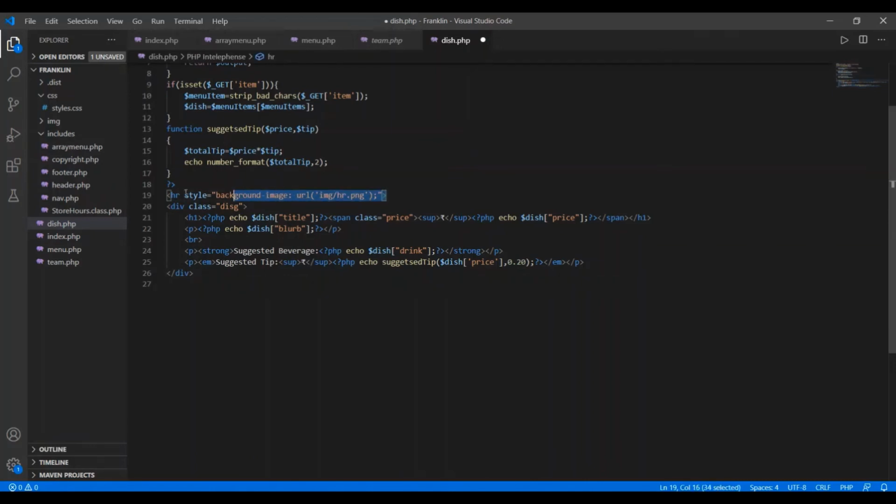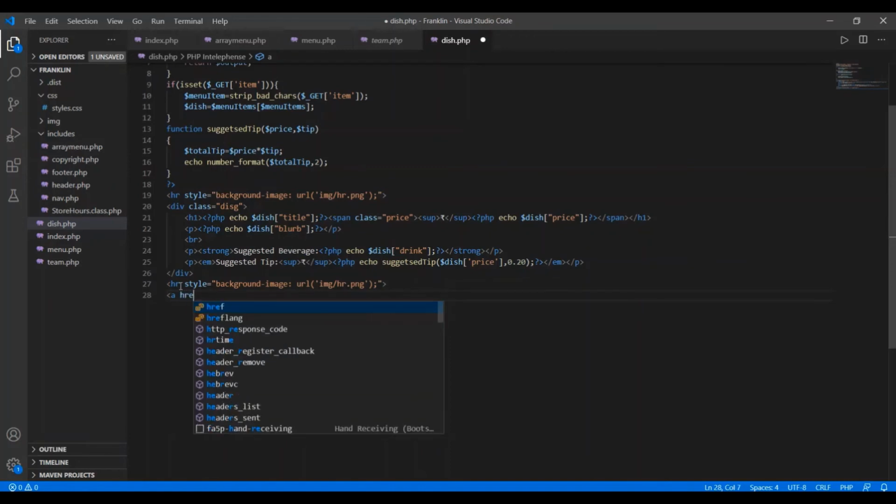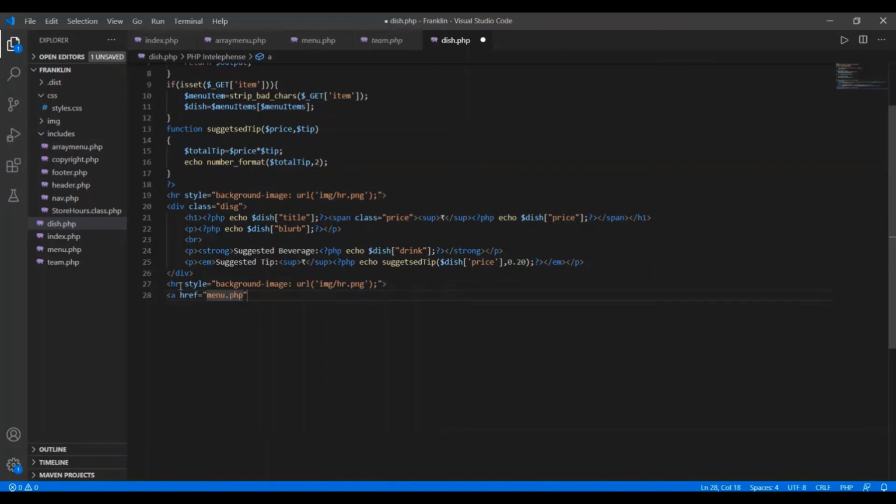After this again I just wanted to add a horizontal line, so I'm going to copy this from here using Control C. Here I'm going to paste it. Now after this I just wanted to make a link back to the menu, so here I'm using the anchor element, then the href, and to this I have to give the link to the file menu.php, and for this I'm using class, say button previous.